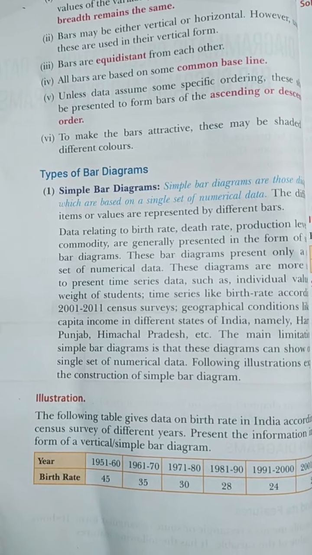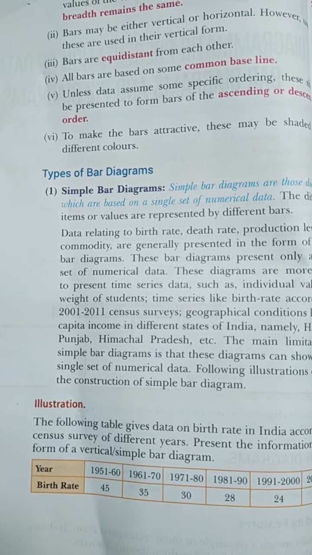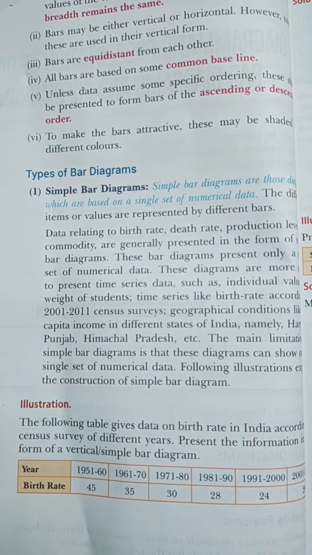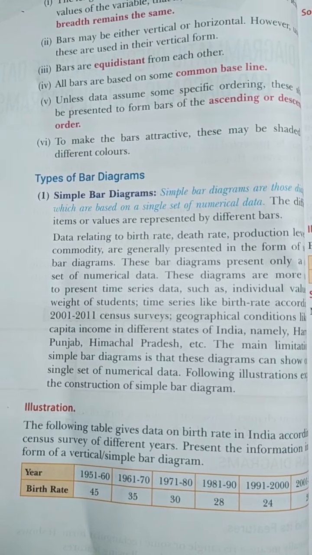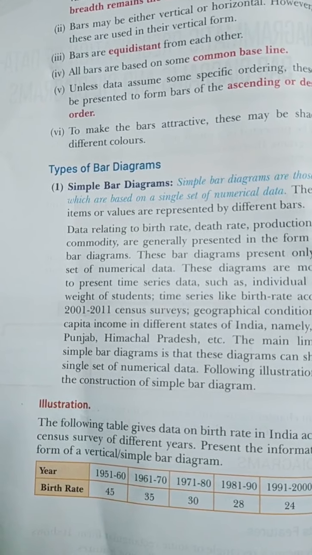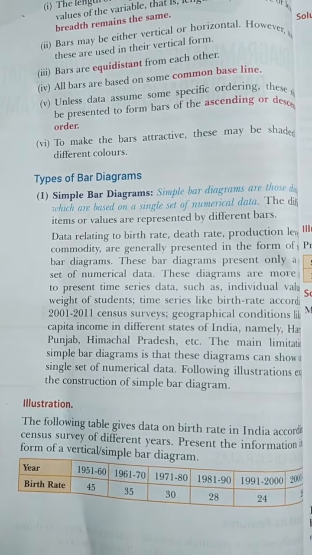Now one by one we will see each one. First comes the simple bar diagram. It comprises a group of rectangular bars of equal width for each class or category of the data, and it is the simplest form of bar diagram. In this type of diagram, one bar represents only one figure. There will be as many bars as the number of figures. This diagram depicts only one characteristic of the data, for example figures of sales or production or population, etc. Understood?